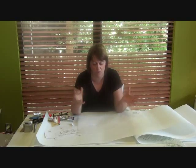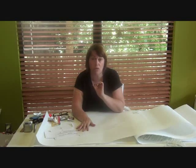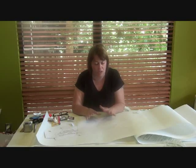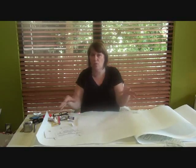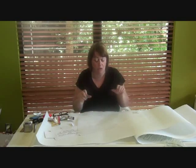So here we are with the first part of how to make this rather gorgeous little piece, the Mummy Dearest tote. And I wanted to quickly go through with you the supplies you'll need and why you'll need them, because it's kind of important. And also, please bear in mind that this is actually our prototype. This is the first time we're making this all the way through. Obviously, I've done a quick and dirty mock-up to make sure it's all tickety-boo, but this is the